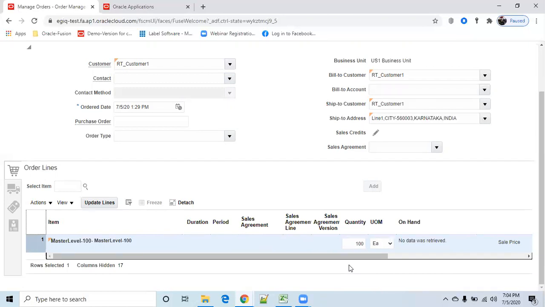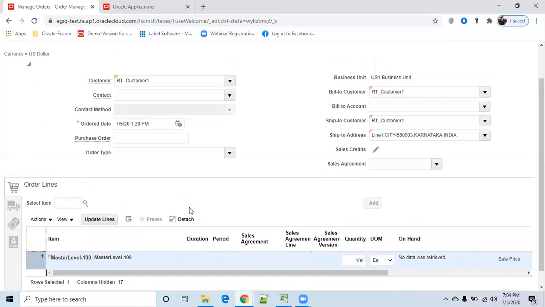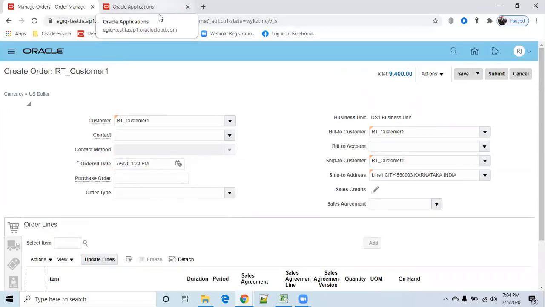Whatever happens in our live scenarios, the same kind of strategies they bring into order management. If it is wholesale, what is the price? If it is retail, what is the price? If it is regular or commercial, what are the prices? If you go to customer profiles, we can see there are 5 attributes. We want to make your price granular, micro level, so that is why they give these many options to define your pricing strategy.